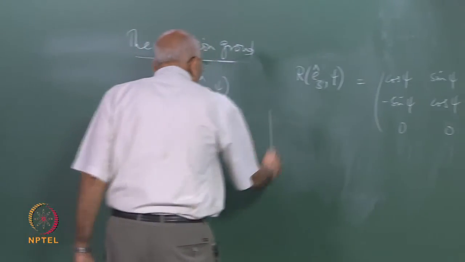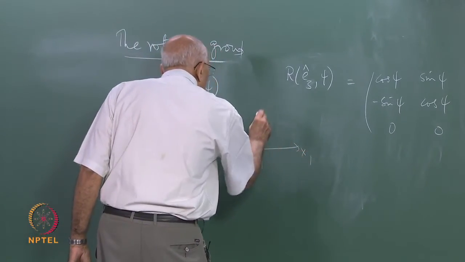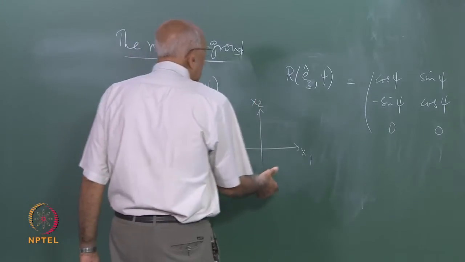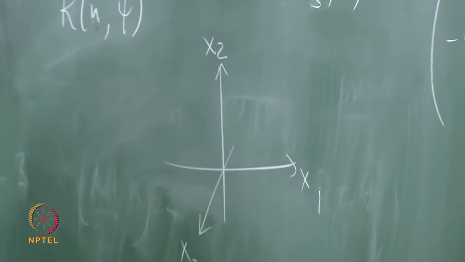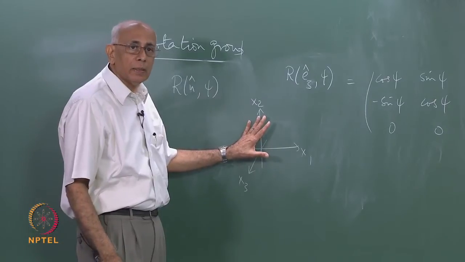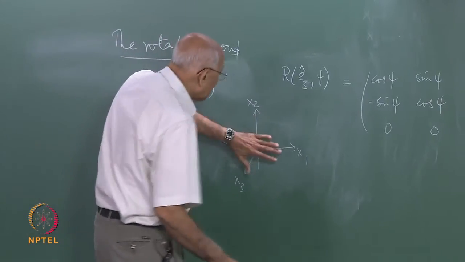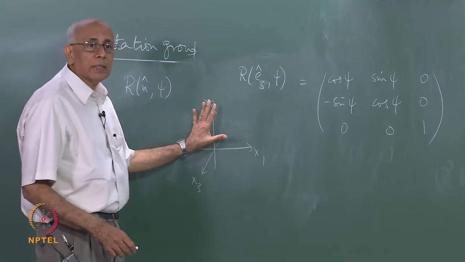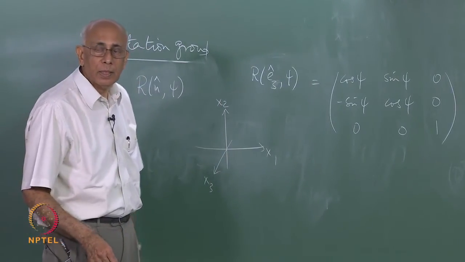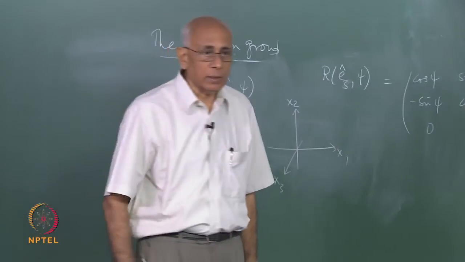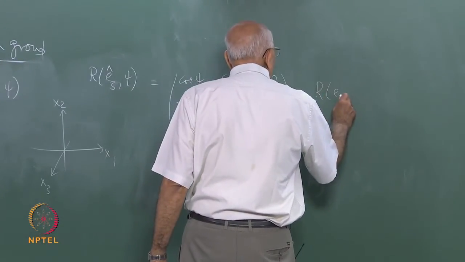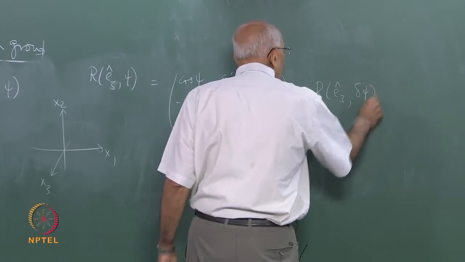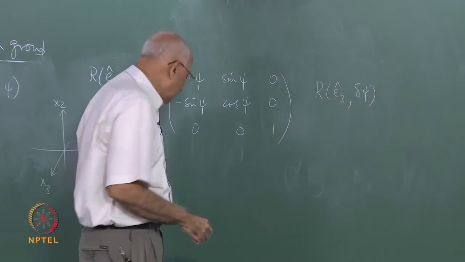So if for instance I draw a picture and I say this is x1, this is x2, and then x1 cross x2 is the x3 axis, which is coming out of the plane of the board, and I make a rotation in this plane, then it is clear that to get a finite angle I can rotate by a succession of infinitesimal rotations. So let us see what an infinitesimal rotation does to first order. So the same thing tells me R of E3, delta psi, where this is a first order infinitesimal,